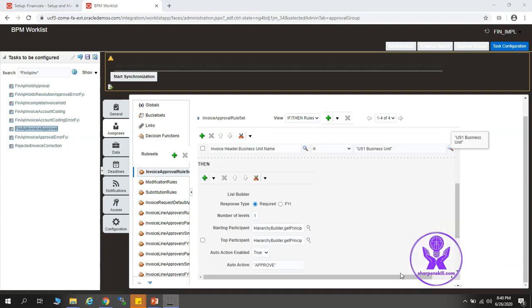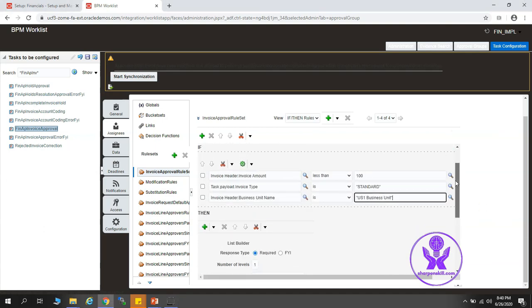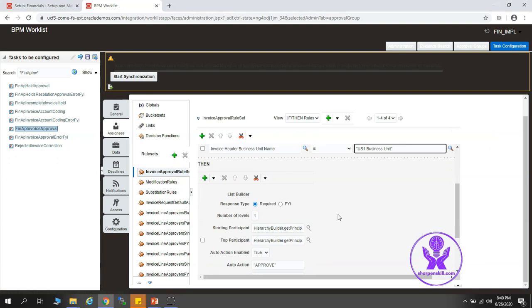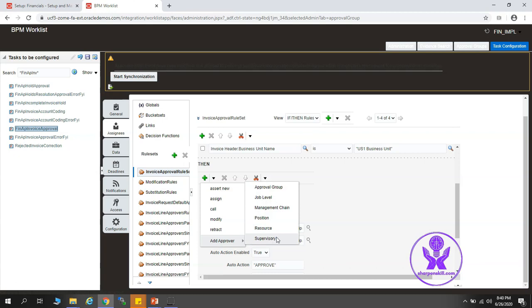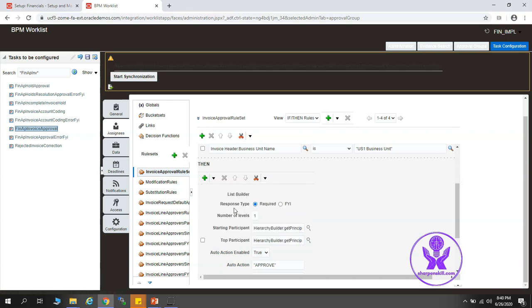You can see this is the action when these conditions get satisfied, shown over here. How did we get this? You have to click on this drop down, add approver, and here we have to select the supervisory. This is the action. This is how we build the approval list, right? Here response type is required, number of levels is 1, starting participant has been made hierarchy builder dot get principal task dot workflow dot submitter, right?